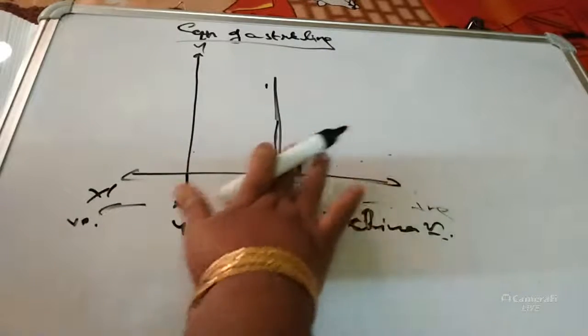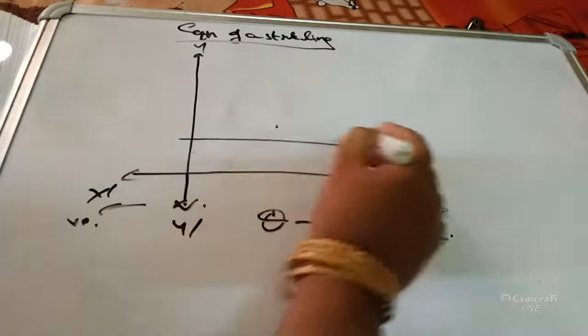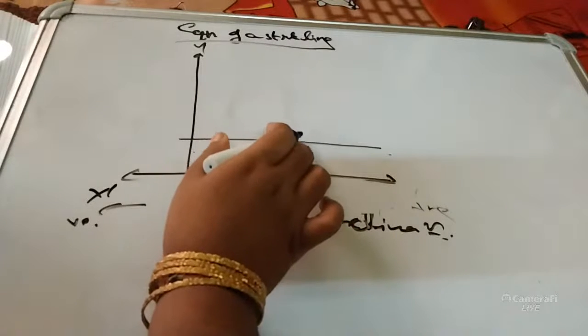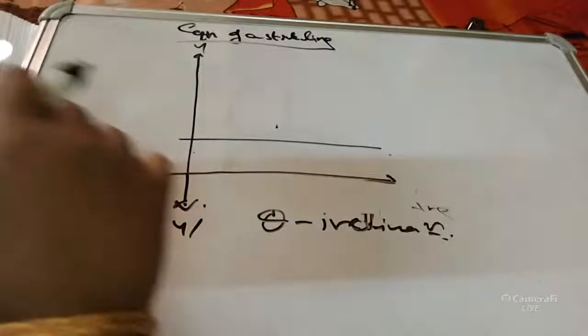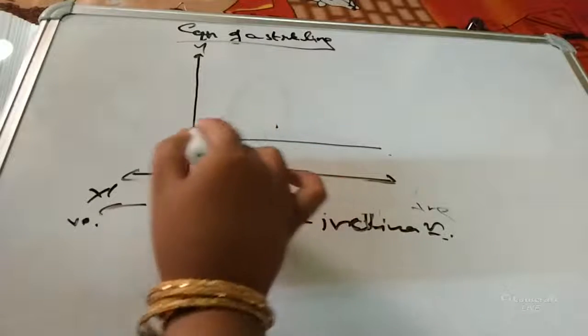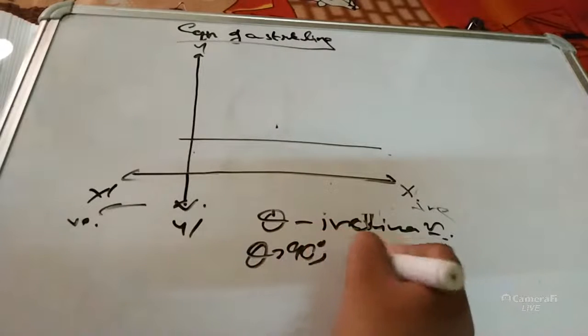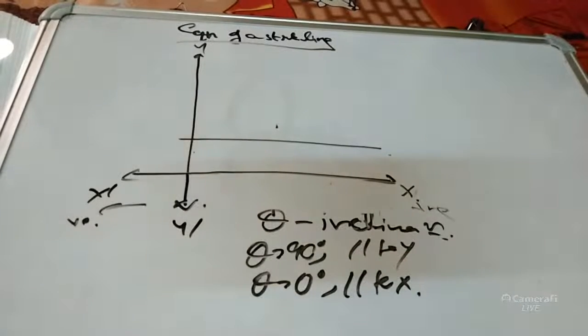Now if theta is 0 degree, what does that mean? It is forming no angle with the x-axis when we measure in anti-clockwise direction, means it is 0. So if theta is 0 degree, then the line is becoming parallel to the x-axis. So when angle of inclination is 90 degree, then it becomes parallel to y-axis. When angle of inclination is 0 degree, then it becomes parallel to x-axis. So any line which is parallel to this x-axis will obviously be known as